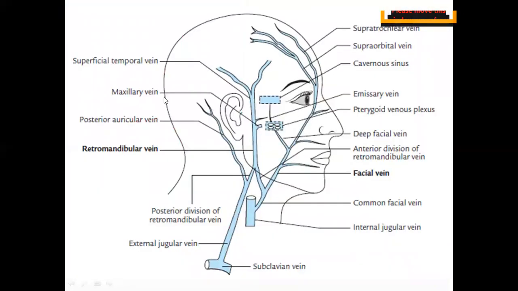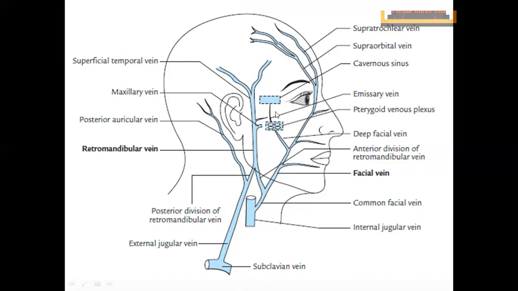So in order to understand the venous drainage of scalp, I'll try to make you understand this picture, which is helpful for you to do the venous drainage of face and also for the scalp. Let us see. So this is supratrochlear vein and this is supraorbital vein. Supratrochlear and supraorbital veins are draining into this vein, which is towards the angle of the eye. You call it as the angular vein. From here, the venous blood is coming and finally it is draining into facial vein. So all this vein you are seeing is facial vein.